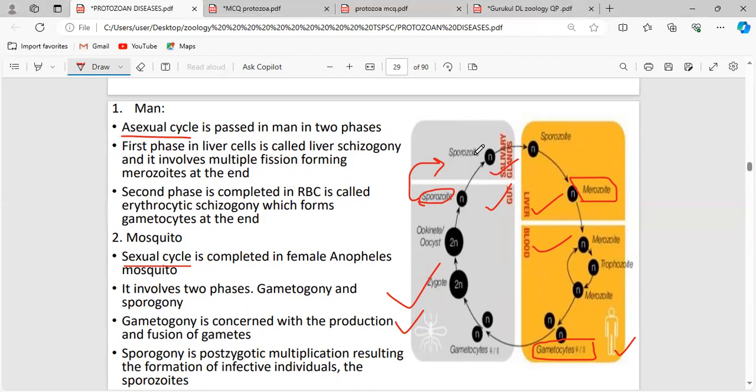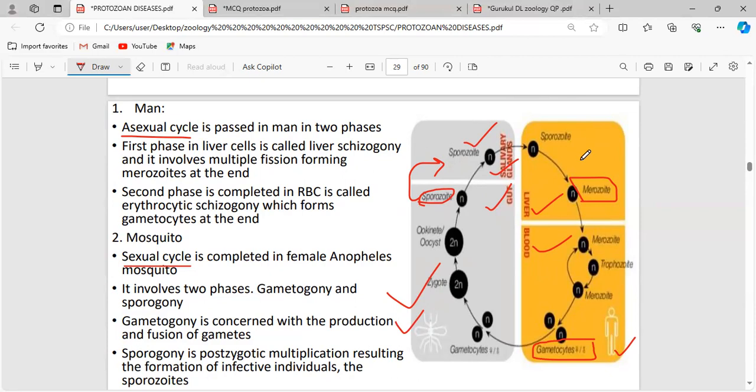The fifth important point is which of these end products is the infective agent, and that is nothing but the sporozoite. The infective stage of the parasite is called the sporozoite, and it reaches the salivary glands, so when the infected mosquito bites a normal healthy person,